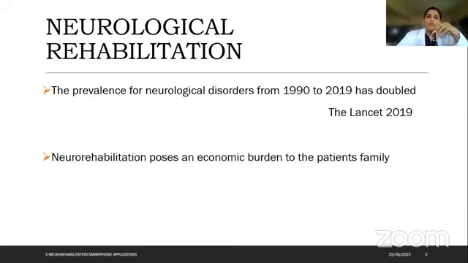And as we know, due to the chronicity and progressiveness of these conditions, the rehabilitation services and treatment taken by the patient throughout the lifetime pose an economic burden to the patient as well as to the patient's family, because they need to continue rehabilitation for a longer period, in some conditions throughout life. So it poses an economic and social burden, and it is very difficult for the patients, family members and caregivers to continue the rehabilitation services.